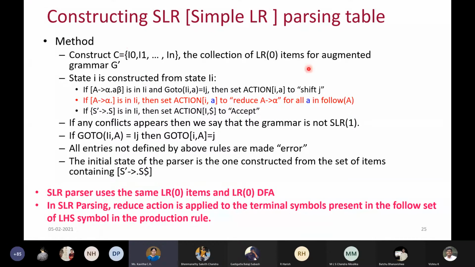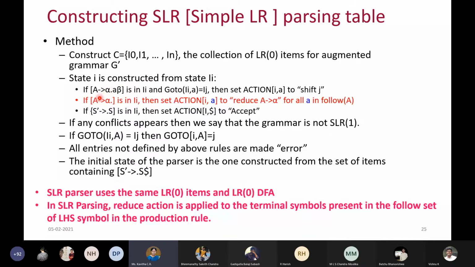Means you are going to use LR(0) items with the augmented grammar, and then we know that whenever we have something like A → α . a β, where small a is some terminal symbol, then we apply the shift operation. If it is a non-terminal, then we say it is a goto to some state.